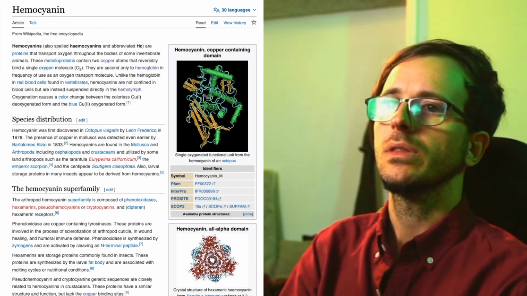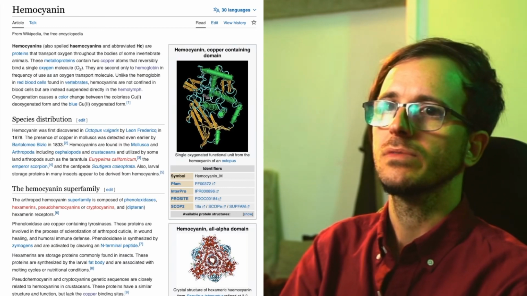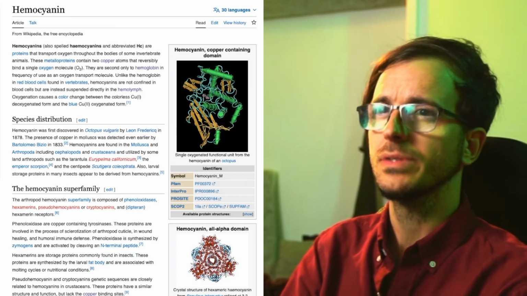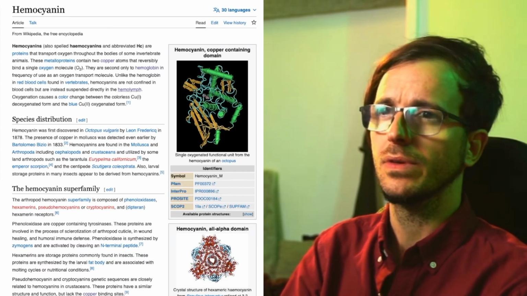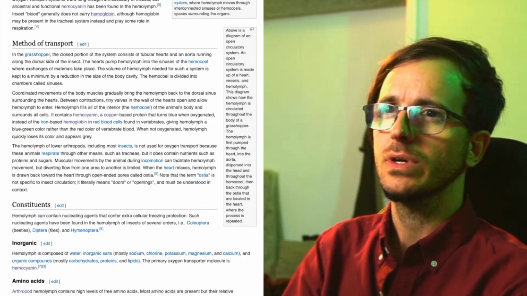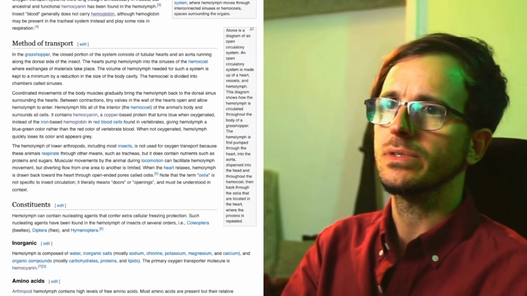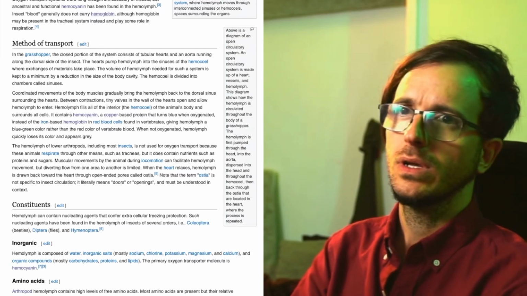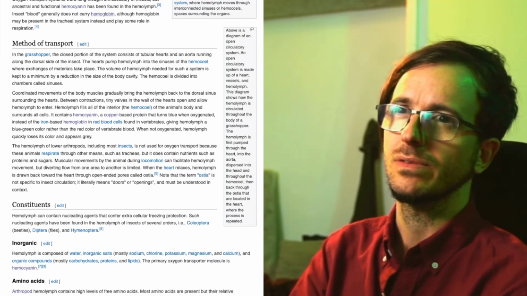Unlike the hemoglobin in red blood cells found in vertebrates, hemocyanins are not confined in blood cells but are instead suspended directly in the hemolymph. Oxygenation causes a color change between the method of transport. A closed portion of the system consists of tubular hearts and an aorta running along the dorsal side of the insect. The hearts pump hemolymph into the...